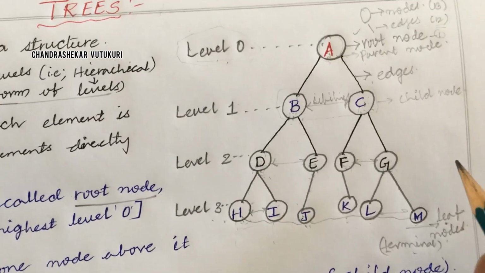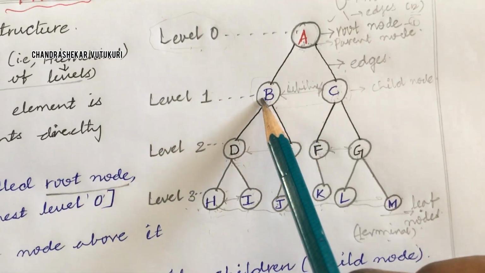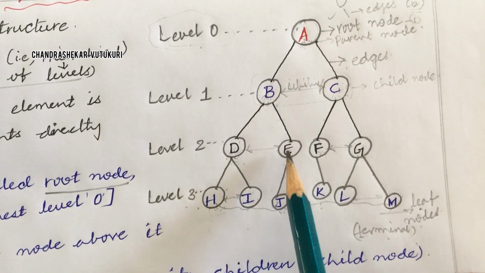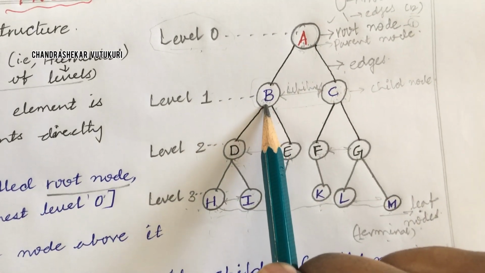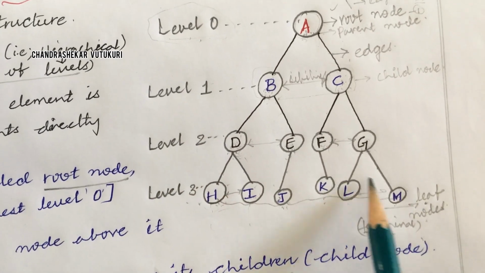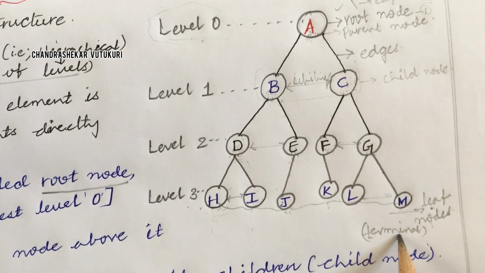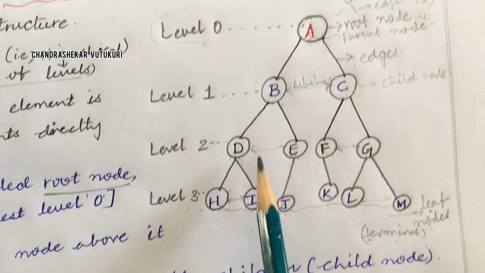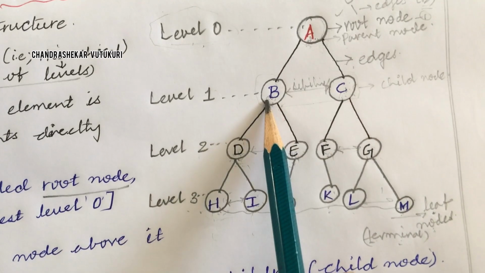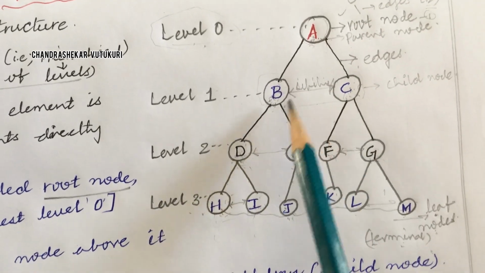Hope you are getting that. Dear students, A is nothing but the root node or the parent node, and B and C are nothing but the child nodes of A. Getting? And D and E are also nothing but the child nodes of B. And these last nodes which don't have any child are nothing but the leaf nodes or the terminal nodes. And a node with at least 1 child is said to be a non-terminal or internal node,